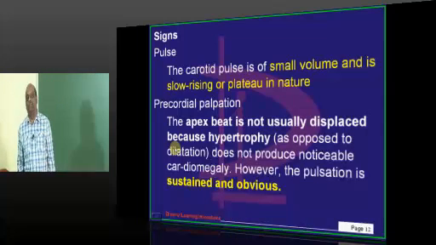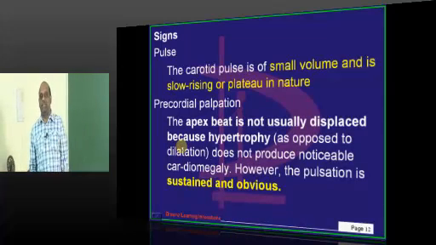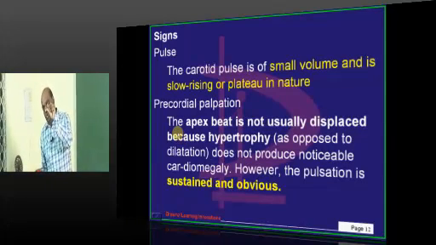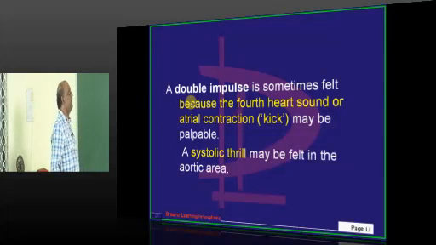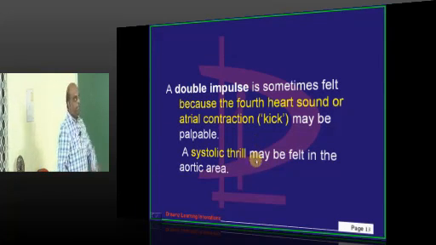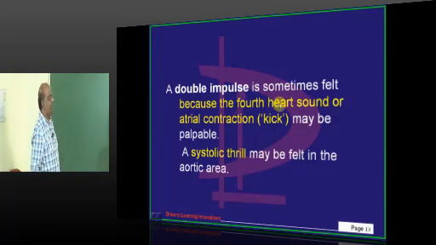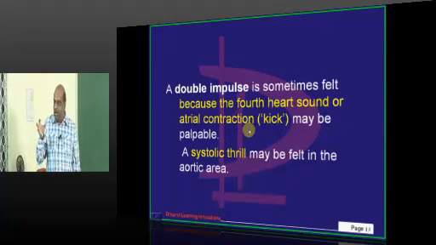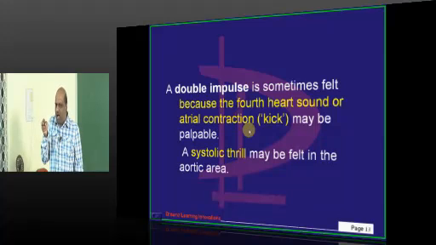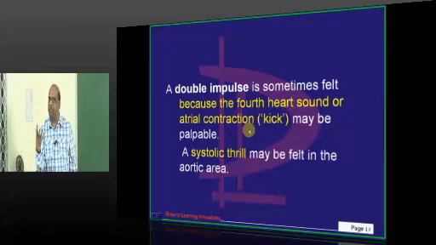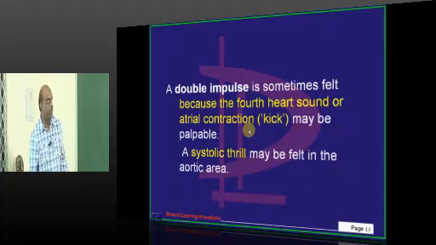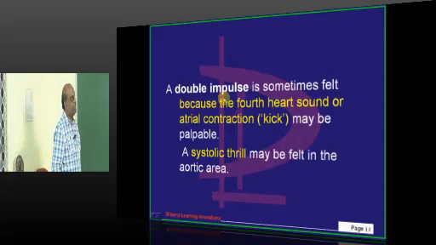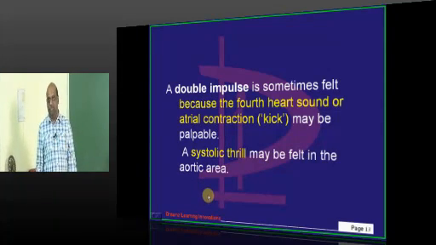But if you look at the apex, it is a sustained apex. A hypertrophic ventricle is trying to push the blood into the aorta through a narrow valve, sustained apex. Sometimes a double impulse will be found in the apex. What is the reason? When the ventricular pressures are very high, atrium is trying hard to push the blood into that non-compliant hypertrophic ventricle. So that will typically create a kick, atrial kick, because of which a double impulse can be felt.